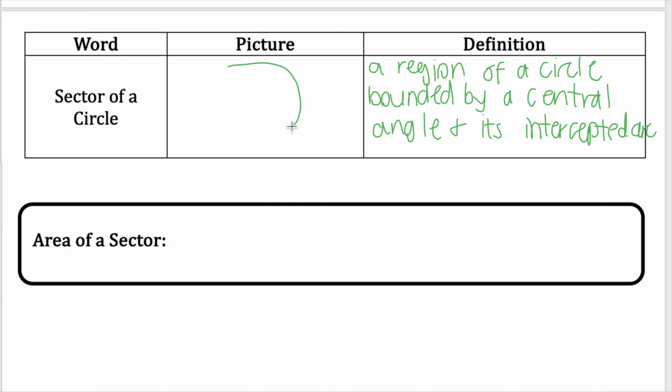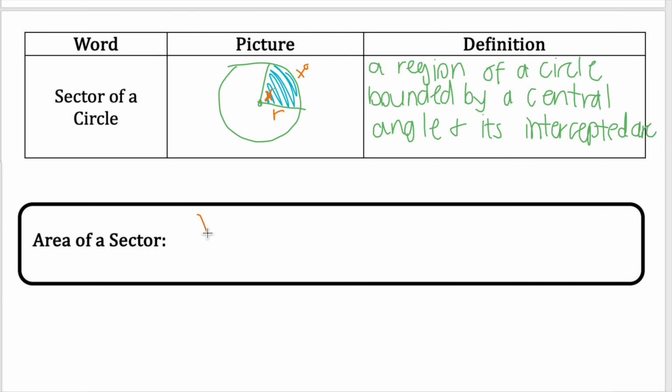So if we draw a picture of a circle again, maybe this time we do just a center of a circle, and this region right here would be the sector of a circle. And then we typically talk about the central angle as the degrees, which will also match the degrees of the arc. Okay. We're also going to want to know the radius,